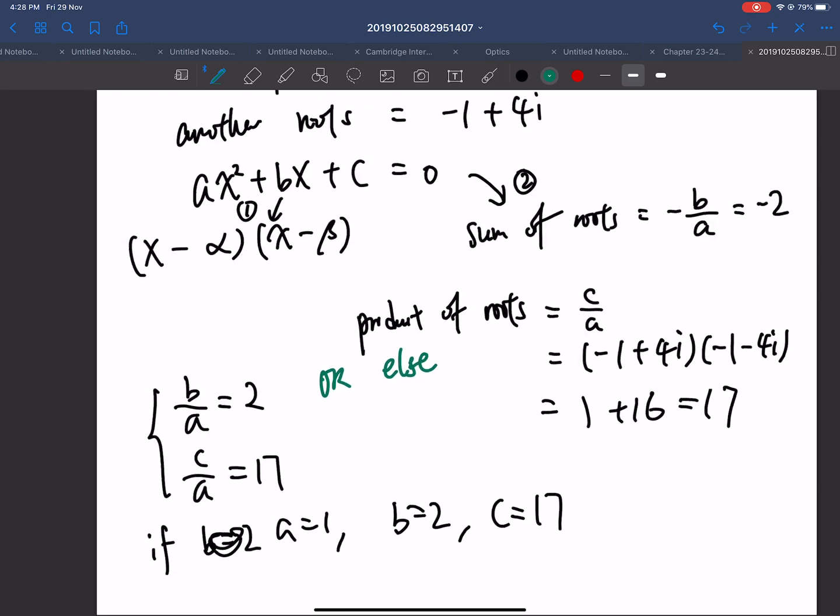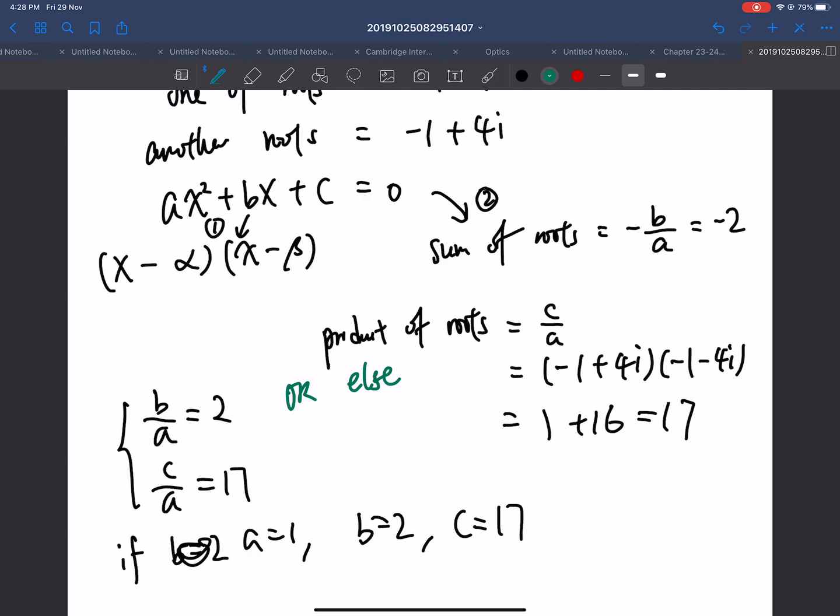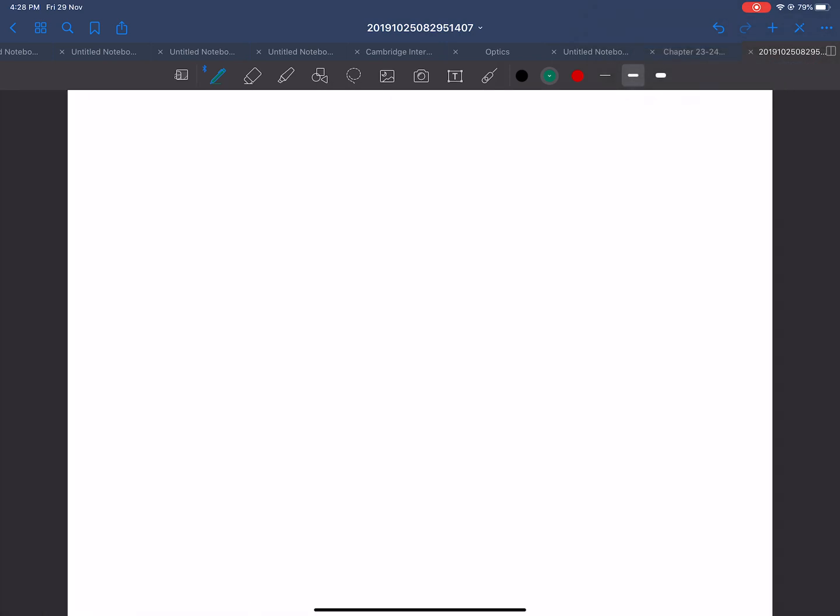But let's have another example. If these two are not integers, what will we do? Let me see. Let's find one question. Let's say this one. Now, the two roots are -1 plus minus i over 2. So how to find the sum of the roots? It's still an integer. Oh no, it's not an integer. The sum of the roots is